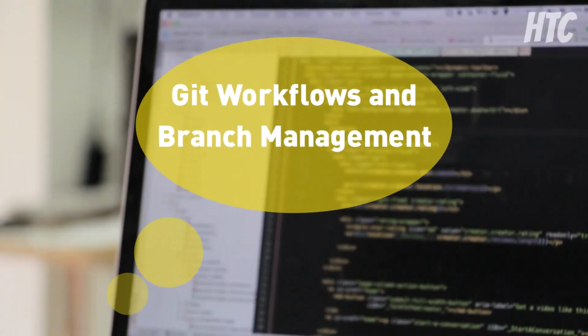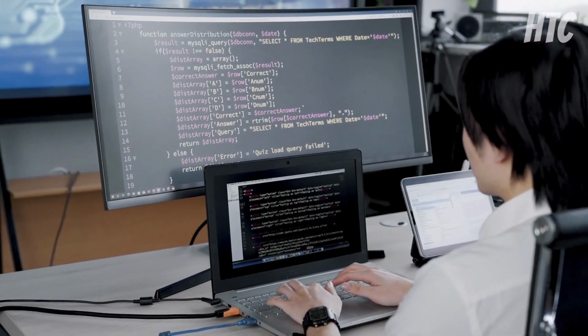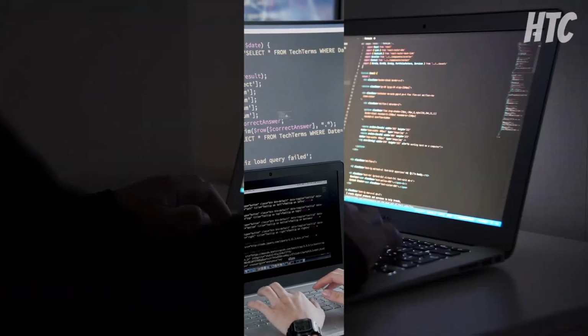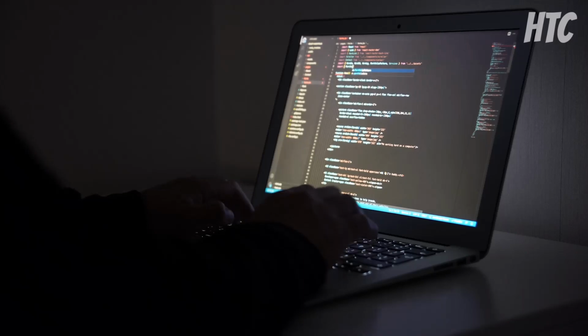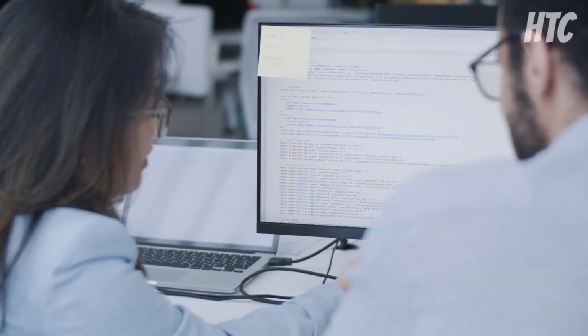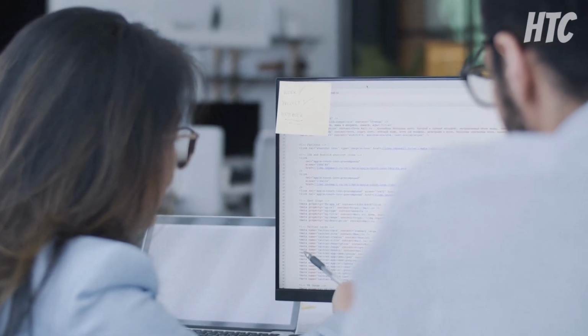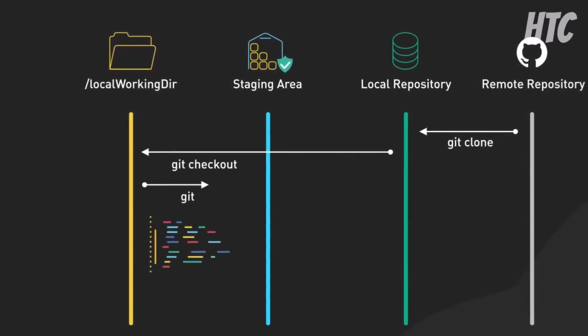Git workflows and branch management. Microsoft uses a disciplined Git branching strategy to keep the Windows code base stable and forward-looking. The cornerstone is the main branch, which always reflects the latest production-ready code. Feature teams spin off short-lived branches to implement specific capabilities, whether that's a revamped File Explorer or a new security